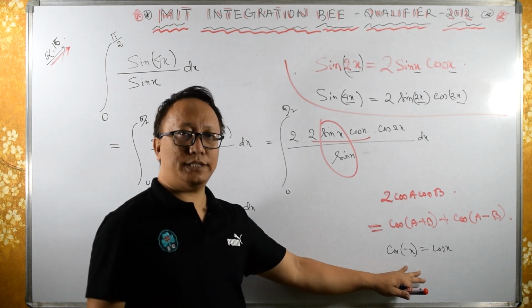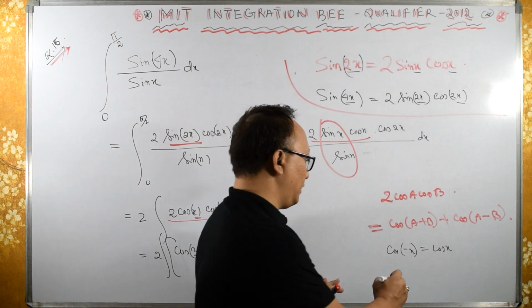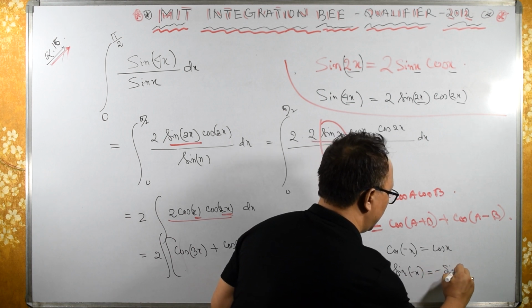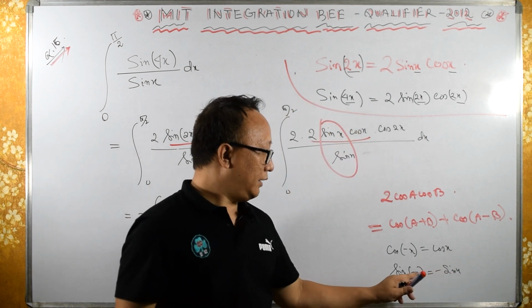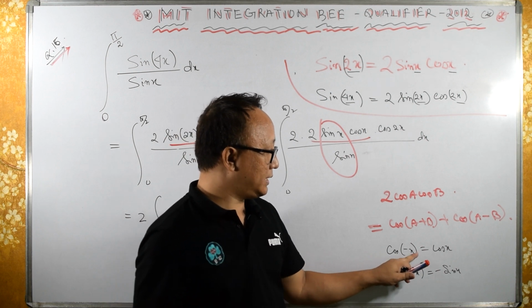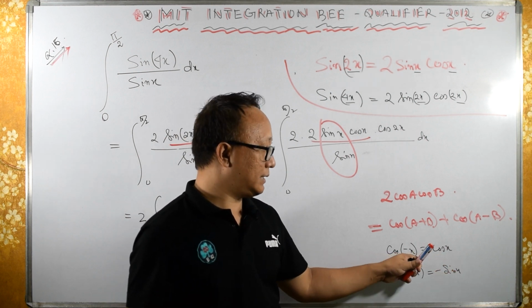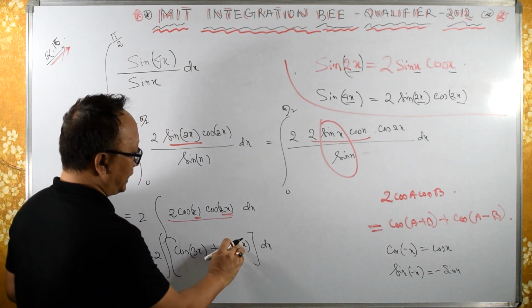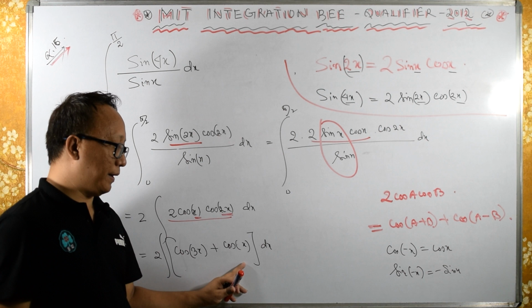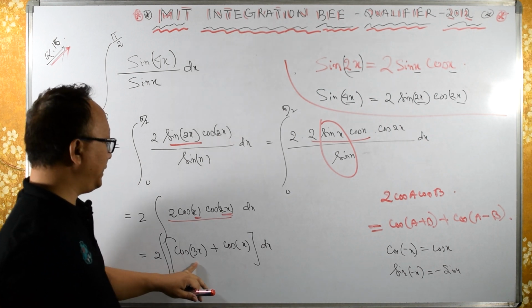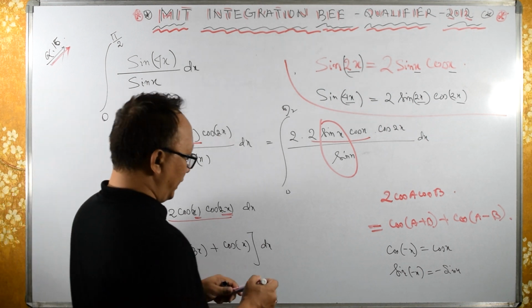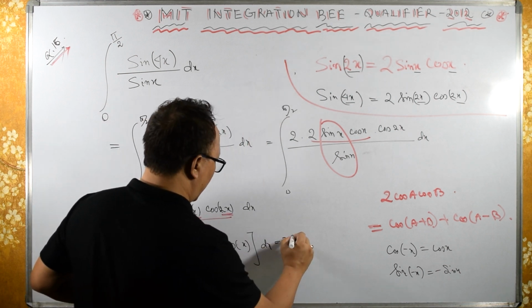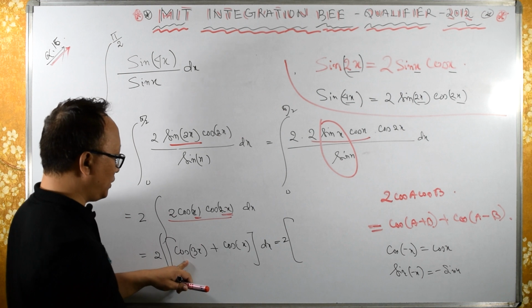Why? Because cos x is an even function. Sine of minus x is minus sine x. Why? It is an odd function. Therefore, cos of minus theta is the same as cos theta, or cos of minus x is the same as cos x. So I can remove this minus. Now from here I can integrate directly. Now if I integrate this directly, this equals twice the integration of cos 3x, which is